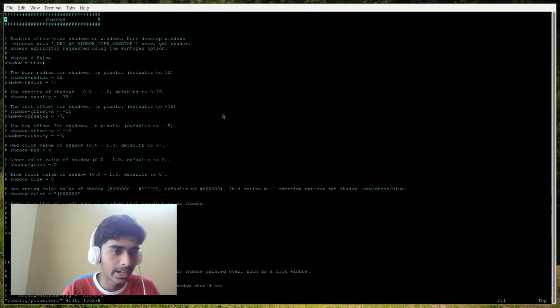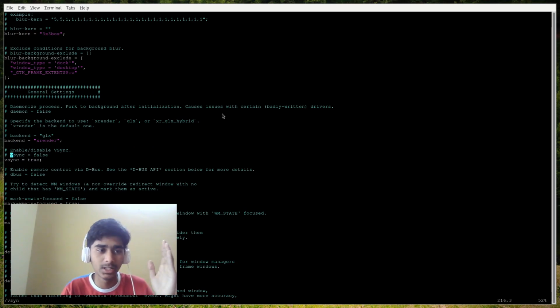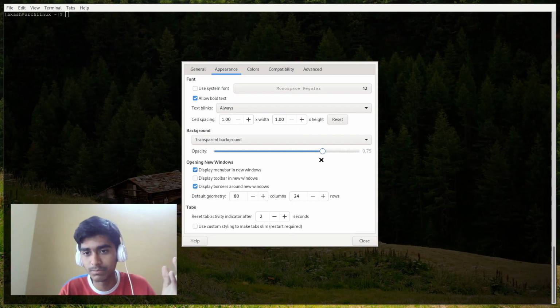file up, and then right here somewhere, I don't know where, we have the vsync option. Comment the vsync is equal to true, and then uncomment vsync is equal to false. This is gonna go ahead and actually disable vsync. So now if you just reload, change the opacity,